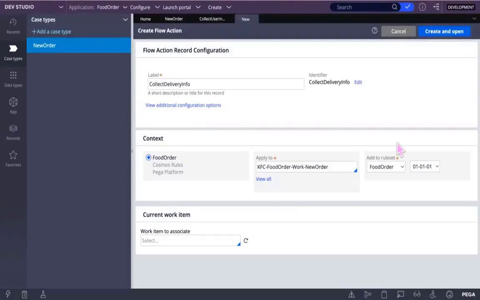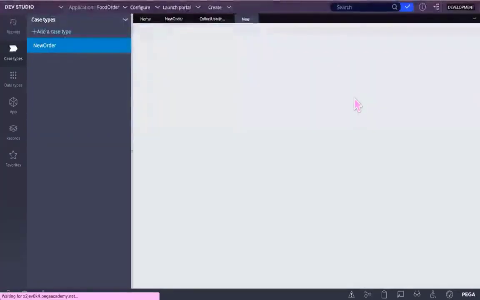Now, inside life cycle or flow, you are creating a flow action. You can click on create and open, on the top right side. You're creating a new rule.